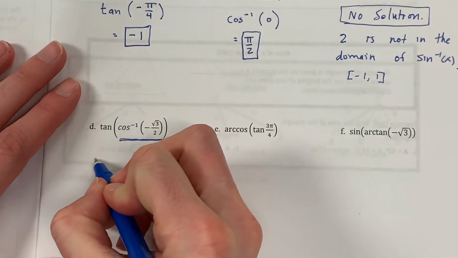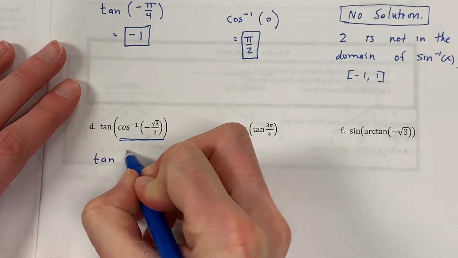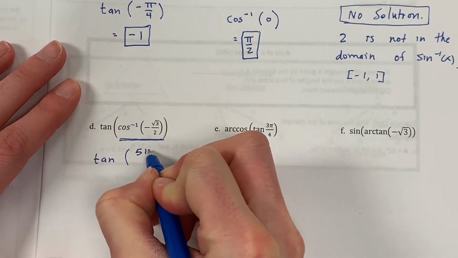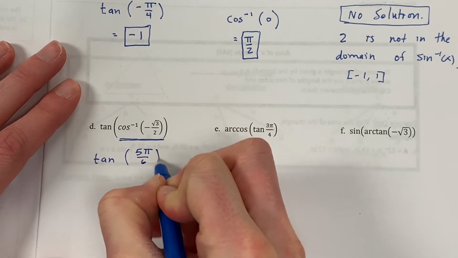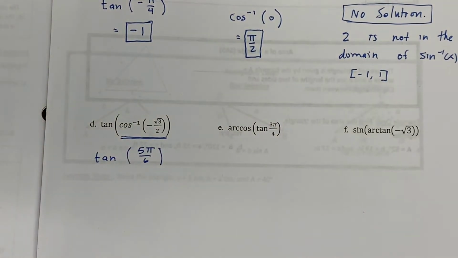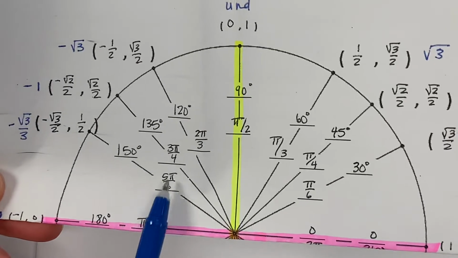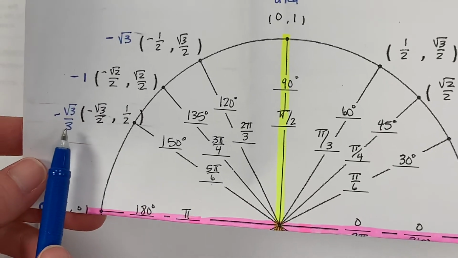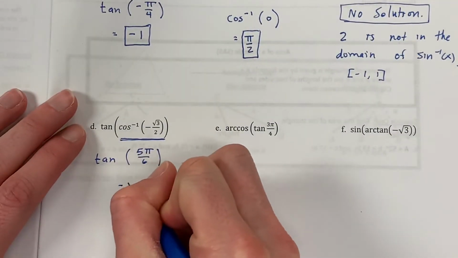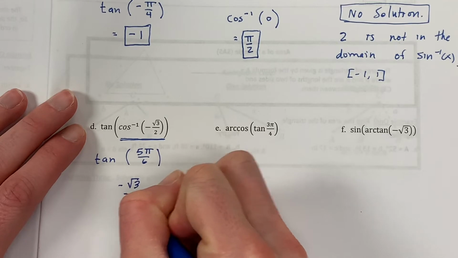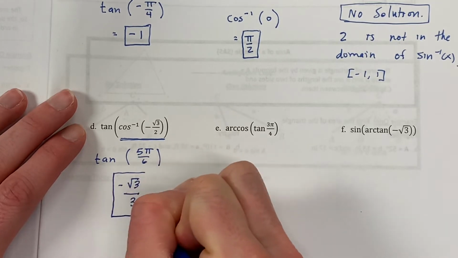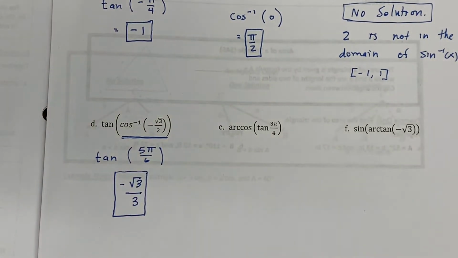So I'm going to replace cosine inverse with 5π/6. Now I'm finding tangent of 5π/6. So I'm going to go to 5π/6. Tangent is negative radical 3 over 3. So we have to be able to differentiate between sine, cosine, and tangent, and then the inverse of sine, cosine,